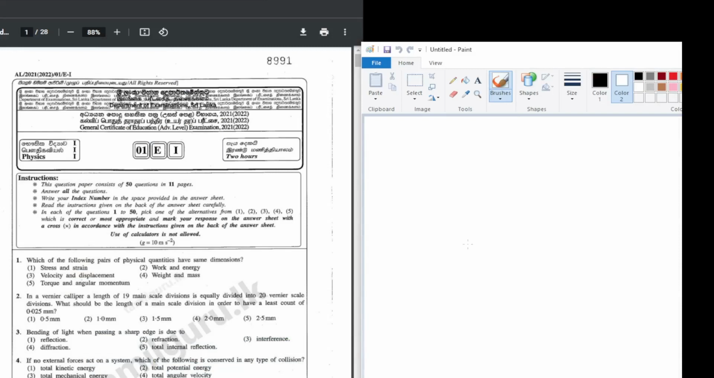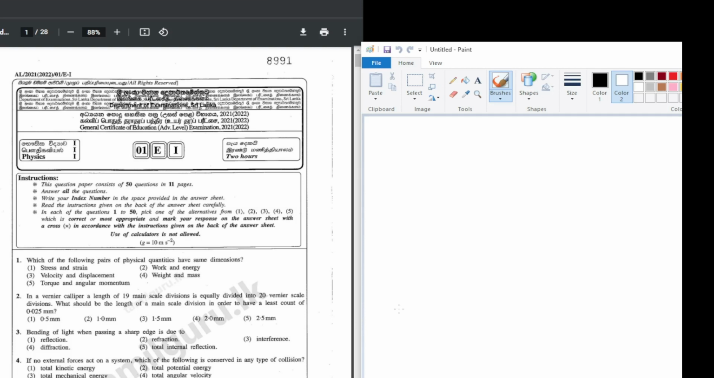Dear students, today I am going to discuss the first 20 questions of paper 2021. Question number 1. Which of the following pairs of physical quantities have same dimensions? They are asking about the dimensions, but it's better you can consider the units because units are more familiar to